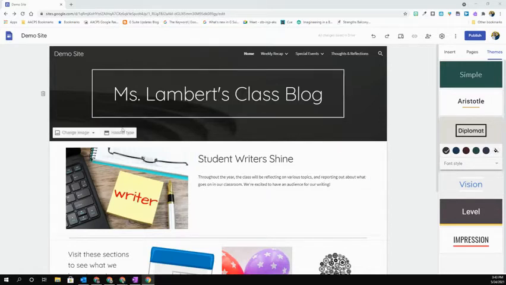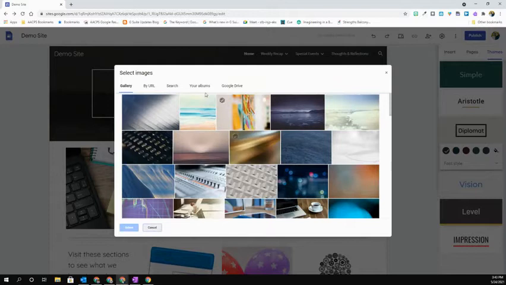If you mouse over your banner, in the lower left-hand corner, you're going to see where it says Change Image. By selecting the down arrow, you'll have the option to upload or to select an image from their library. You can, of course, also upload and select something from here that you may have saved in your Google Drive. In this case, I'm going to go ahead and choose the sparkly little dots, and then I'm going to hit